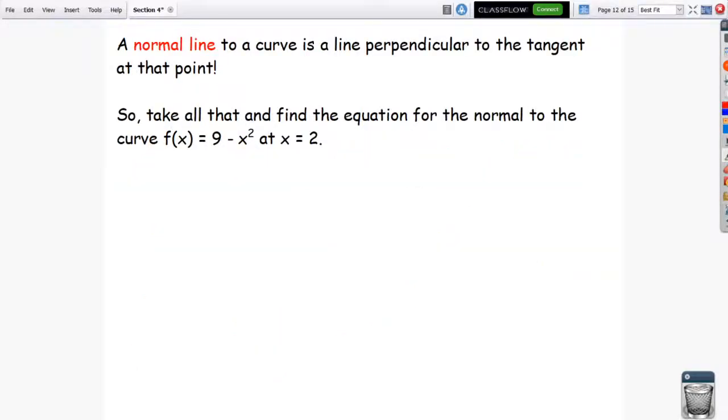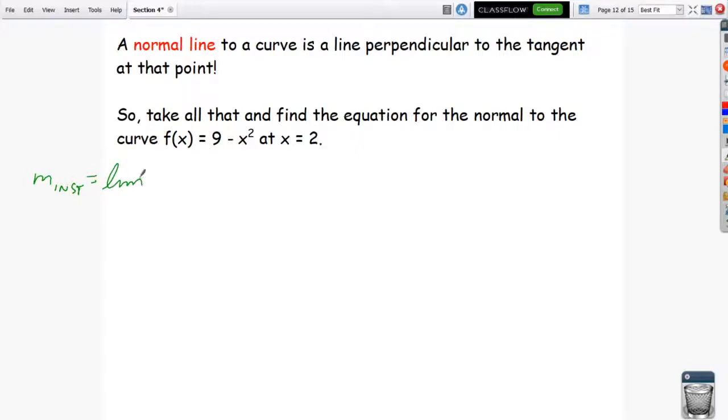Normal line to a curve is a line perpendicular to the tangent at that point. So I brought up normal like one of the first days of class, but here, in order to find the slope of the normal line at x equals 2, I do need to find the slope of the tangent line at x equals 2. So what we would do here is we would do that instantaneous slope